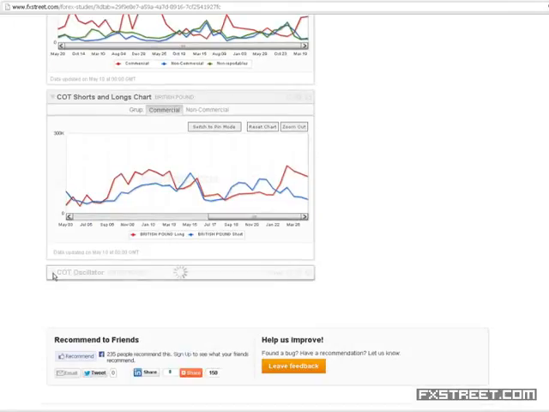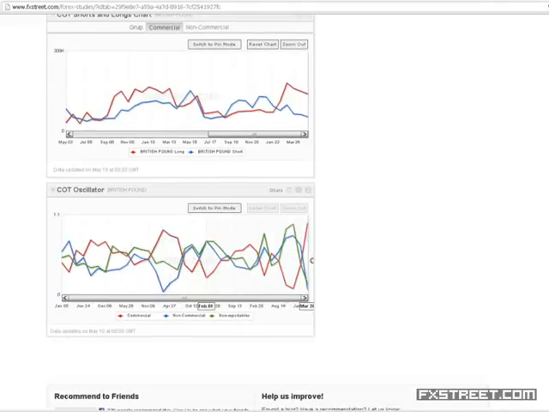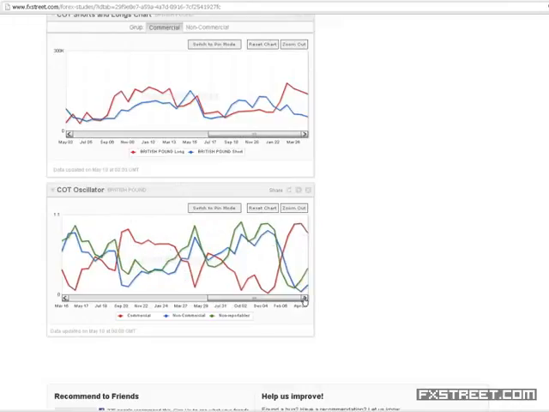And yet another way of visualizing the CoT data is in the form of an oscillator. What it's doing is, for each of the groups, commercial, non-commercial, and non-reportables, it compares the actual number and puts it into a historic context and compares the current positioning in relation to extremes,